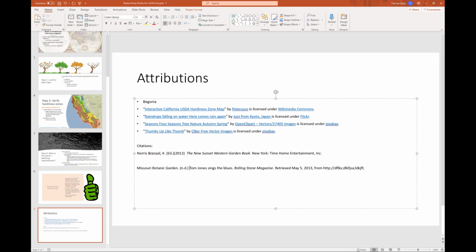If you go to a different book and you create a quote about some fabulous thing about a plant, then you'll want to include that citation of where you found that quote.